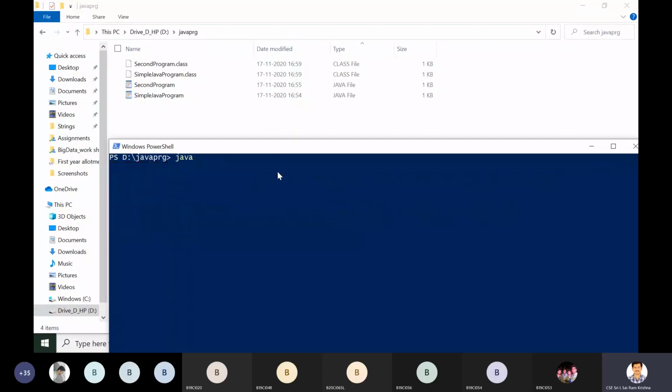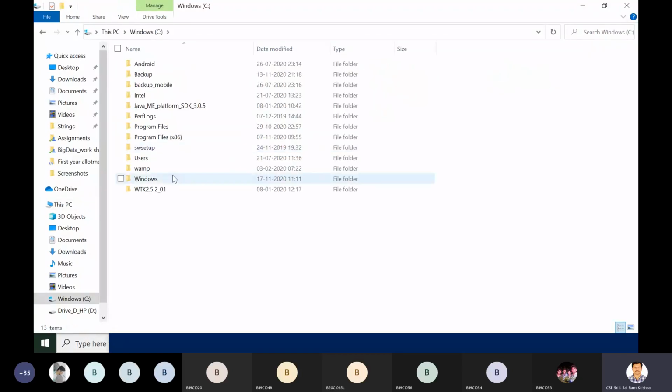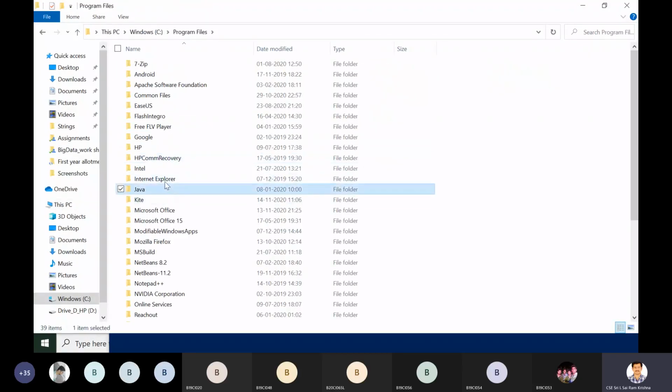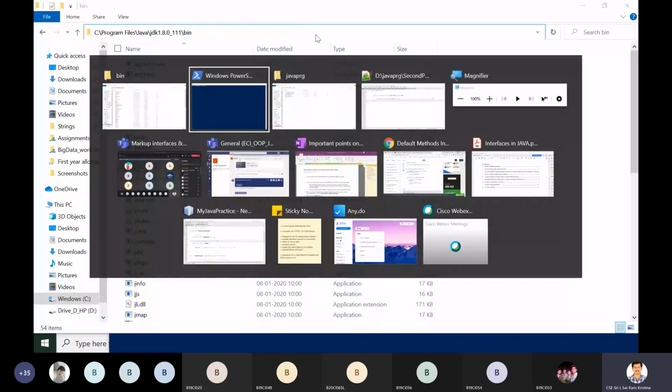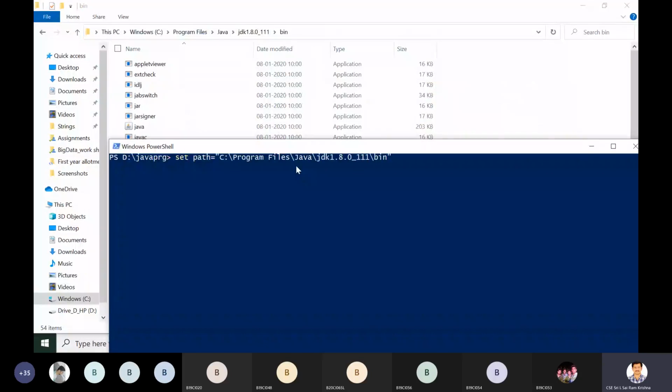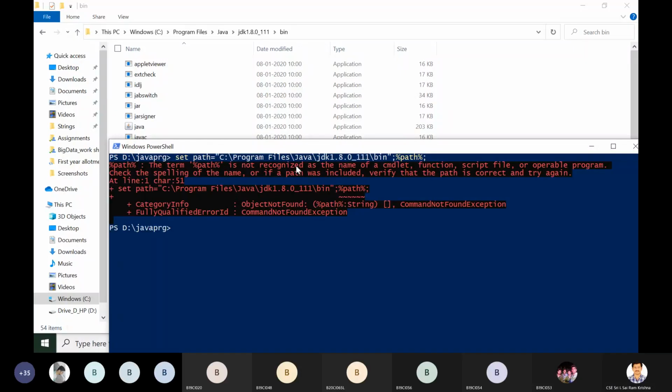So what can I do? I can say here set path equal to C colon program files. Otherwise, do one thing, open C program files Java JDK bin, copy this, you can type that directly here, %path%.